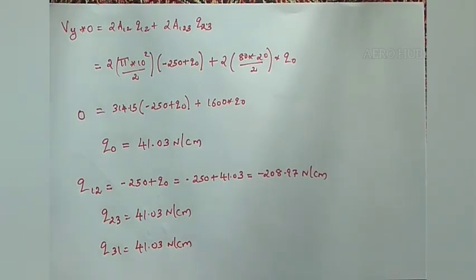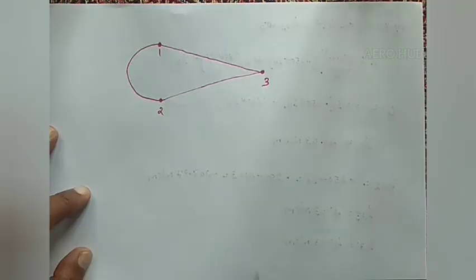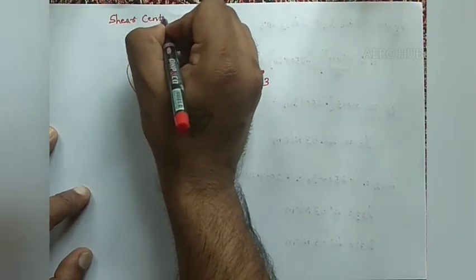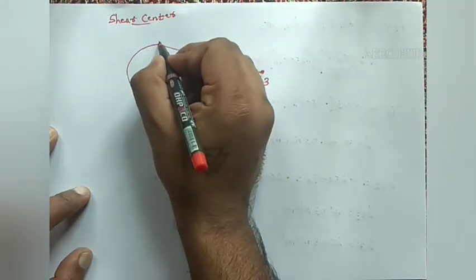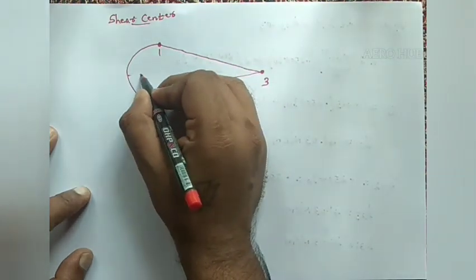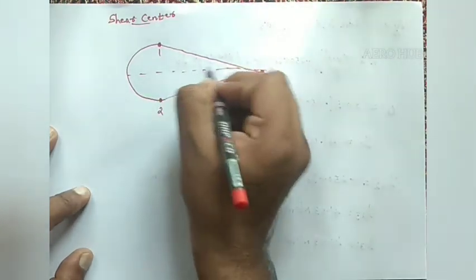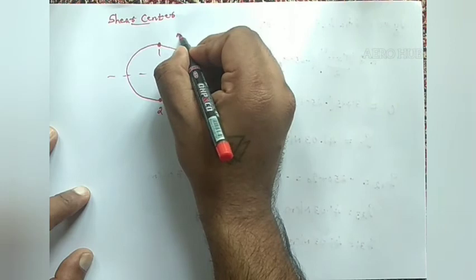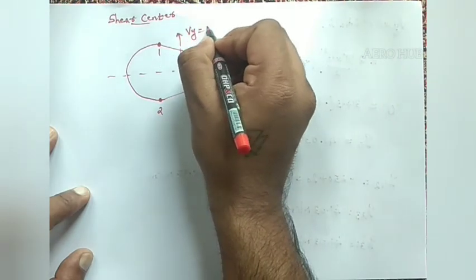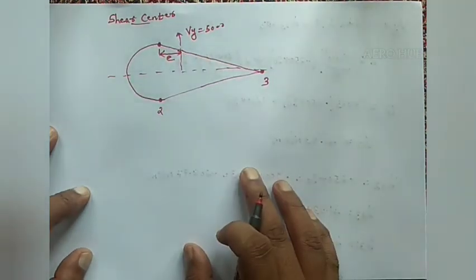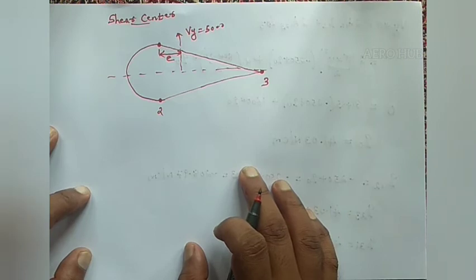Okay, now you have to find out the value of shear center. To find out the value of shear center, we will do a trick. Instead of applying the load on the boom area 1, I'll be applying a load on the shear center. We'll assume that the load is passing through this point on the horizontal axis of symmetry. So somewhere here I am applying the value of Vy, that is 5000 Newton, on the shear center, so that it does not produce a twist. So this moment should be equal to the internal moment.